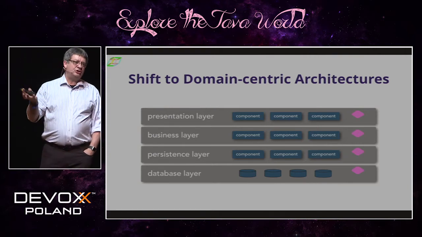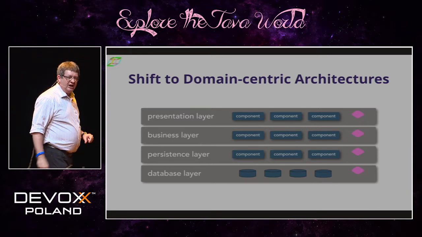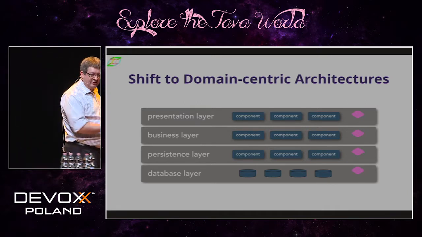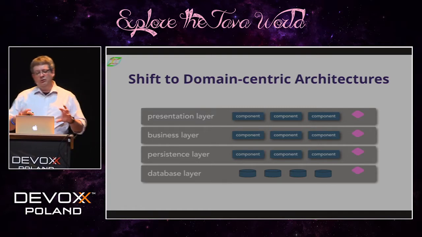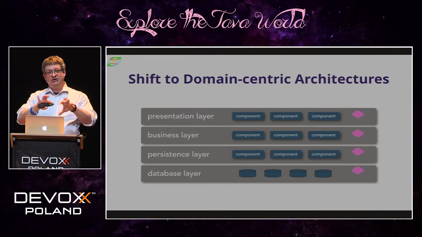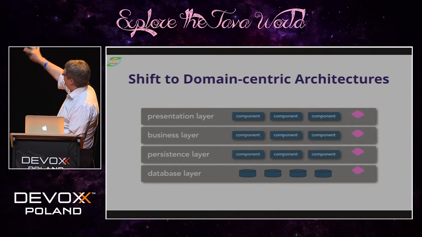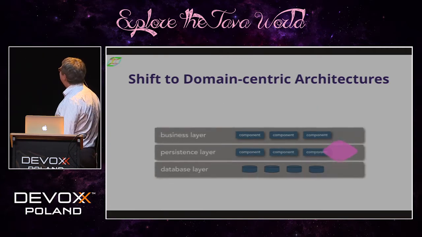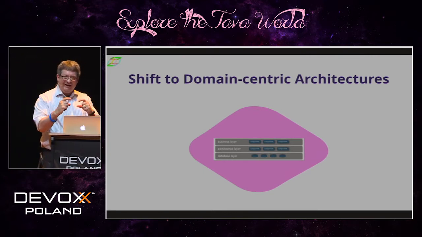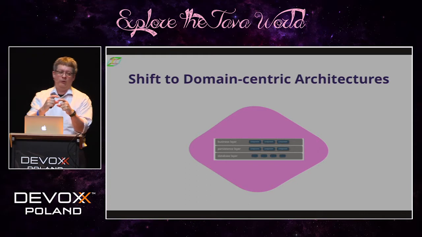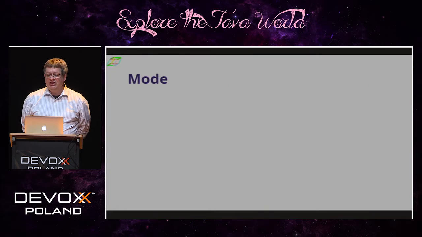Because when you make changes on a software project, you don't make changes just in the business layer. You make changes to customer, which changes the presentation layer and the business layer and the schema and all those things. And so in many ways, you can think of these domain-centric architectures like microservices as taking this layered architecture and turning it inside out, making the domain the primary part and embedding the layered architecture or whatever technical architecture you have inside that domain-centric barrier. And we're seeing this a lot.